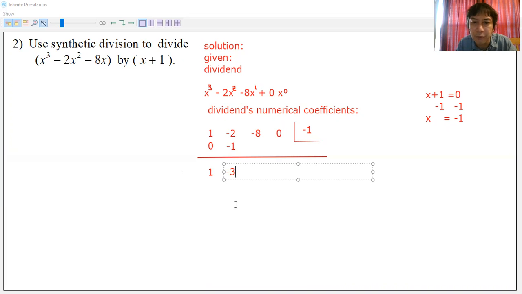After which you're back to multiplying the -3 and the trial divisor -1, which results to a +3 to be written below the next column. The -8. So you're going to write here a +3. So that's a 3 there. And then it's addition again. So -8 plus 3, it's a -5. So you're going to write here -5 there, the result of adding the -8 and the 3.